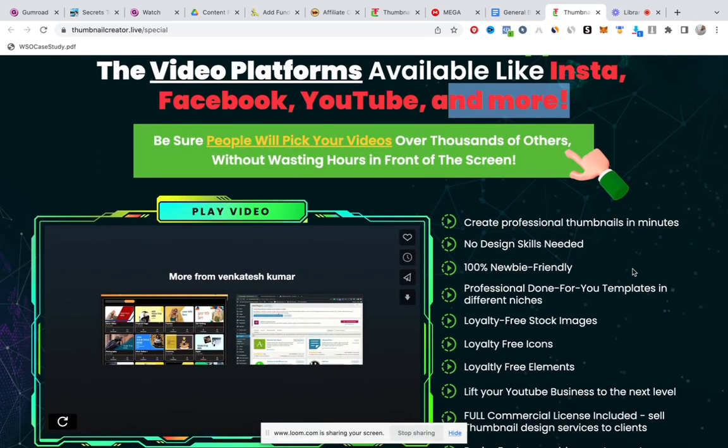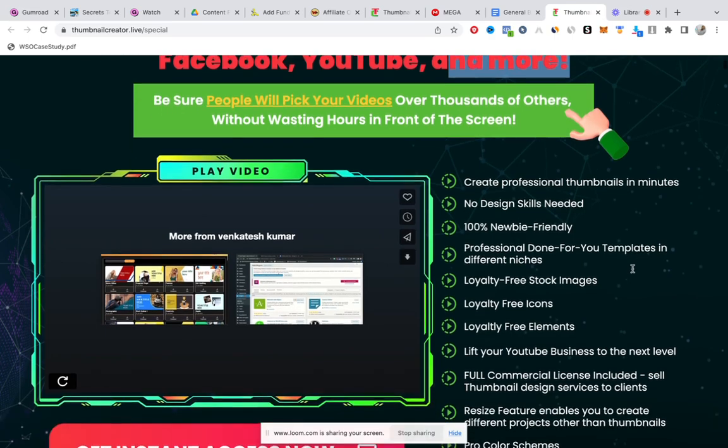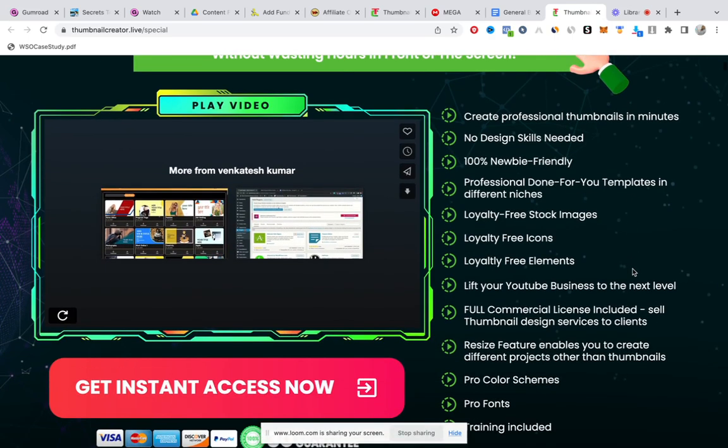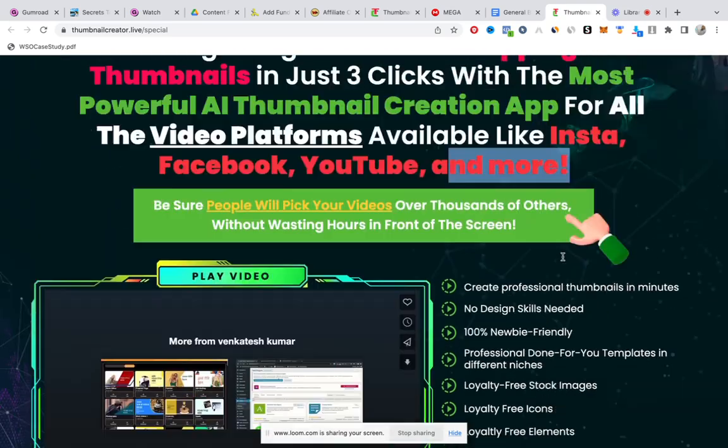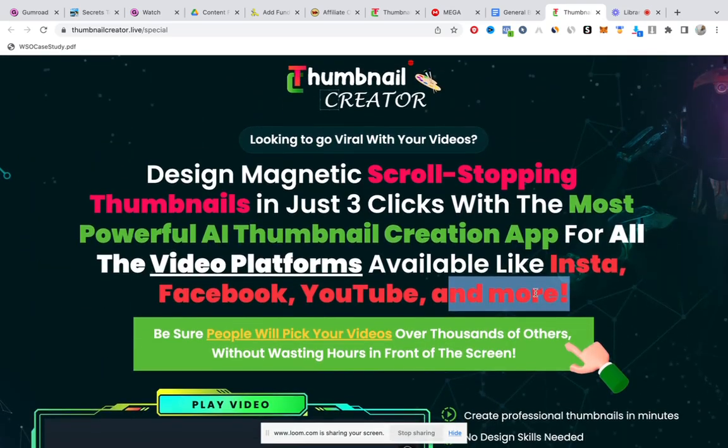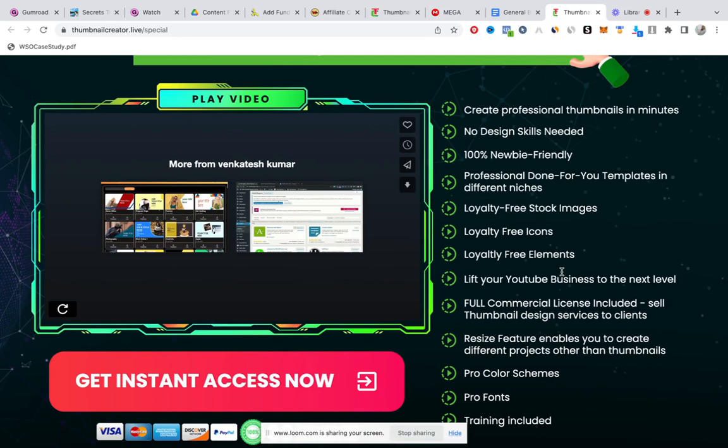We all know graphics is the lifeline of every business. It's the visually appealing section of every business. And so to make your business stand out, you need good graphics. And in cases where you're not good at graphics, that means you have to hire graphic designers. An alternative to hiring a graphic designer is using software like Thumbnail Creator, which will help you put those thumbnails